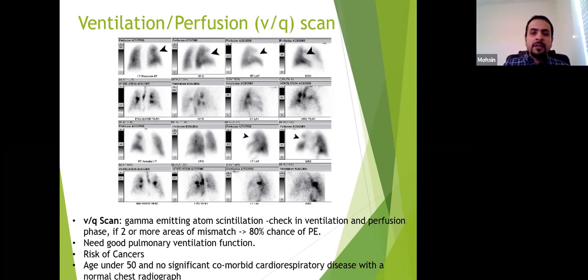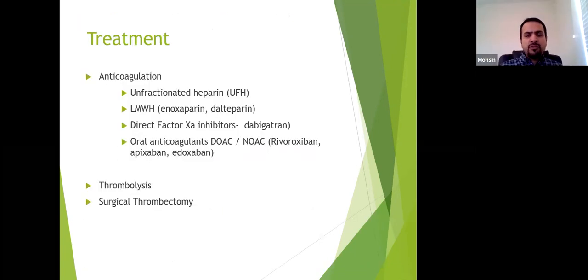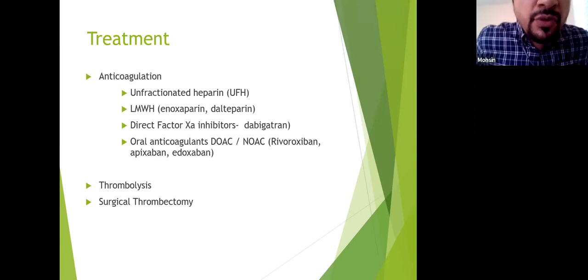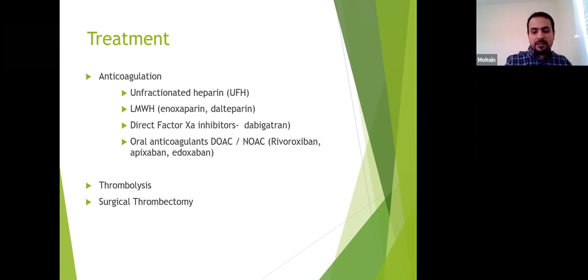And pulmonary angiography is now, I think, more or less obsolete. It is helpful in a way that if you are able to do it in some centers, you have the facilities, it is more real time. You will be able to find out where the clot is, and if you have the facility, you can actually do the intra-arterial thrombolysis and dissolve the clot right there as well. You can place IVC filters and stuff like that. So this is something that used to be in practice a lot previously, but not too much anymore.